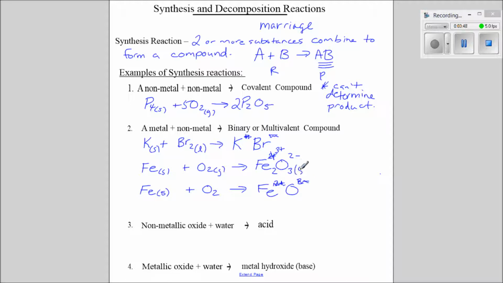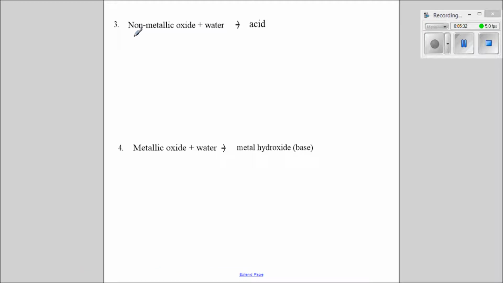Now, if we look here, this is going to have two products. Depending on the reaction, you don't know which one it's going to like more if we're going to take iron plus oxygen. But according to you guys in this class, we're going to say that they happen equally. So 50% of the time, iron will choose the 3, and 50% of the time, the iron will choose the 2. And this happens only in multivalent situations. In the binary situation, there's only one product. So whenever you have multivalent, you have to show me all the products.